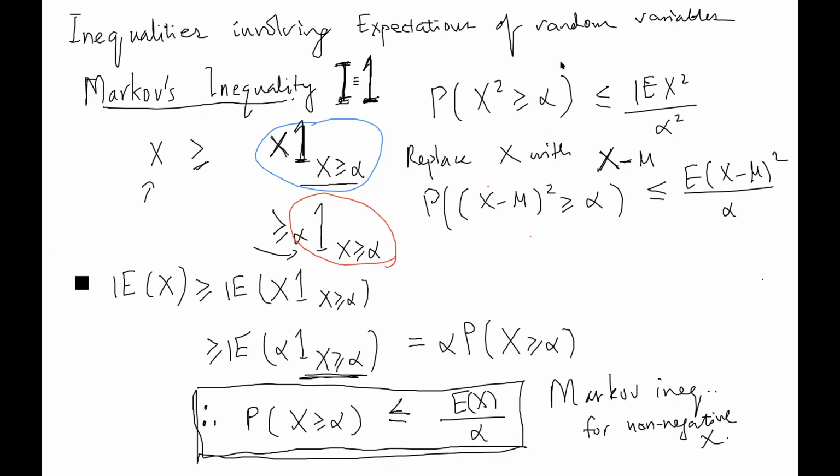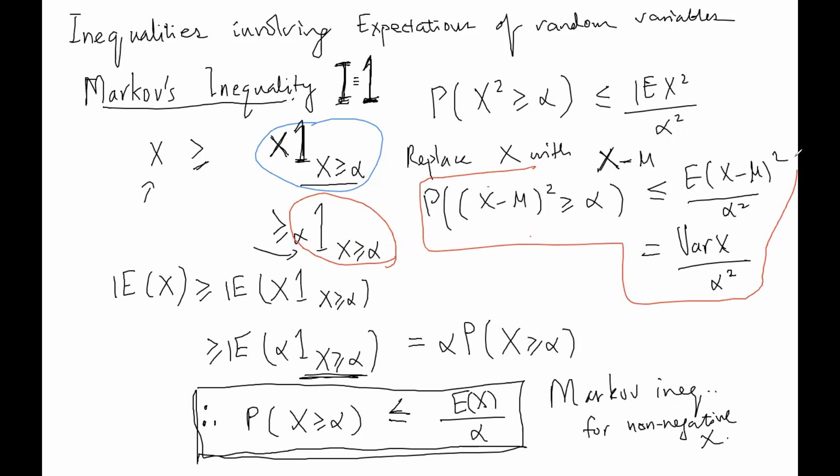Okay, right. So it should be like this. So actually the square will come out from here. But this part, there's nothing here. So I'll explain a bit later. Right. Here. So over here, this will be your variance of x over alpha squared, right? So this inequality here is known as the Chebyshev's inequality.